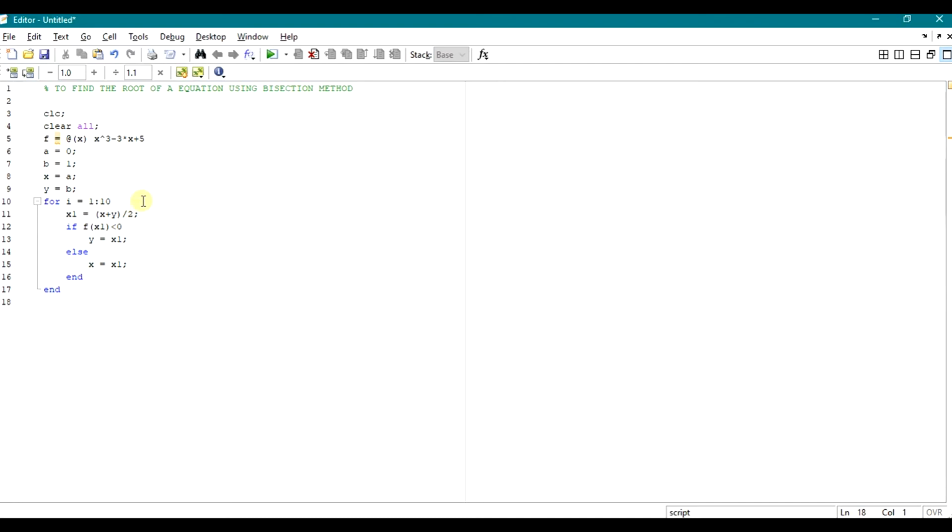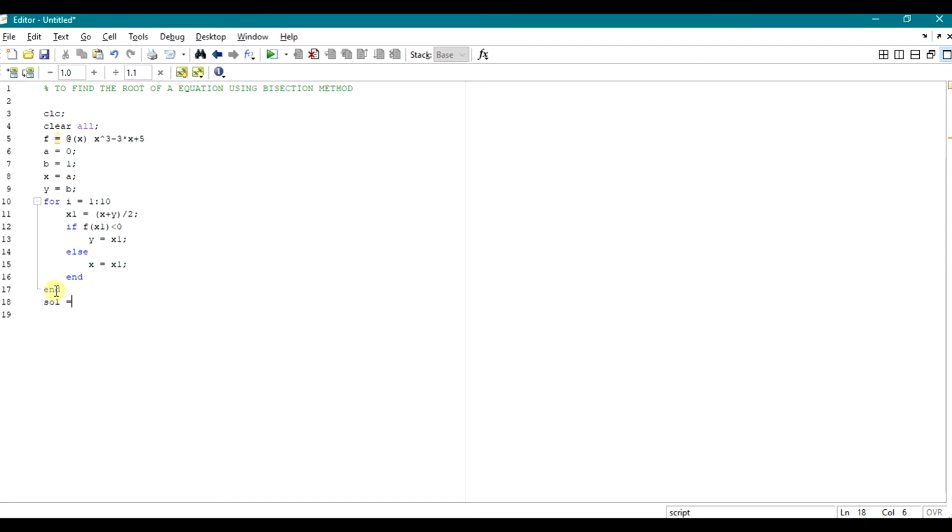We use two ends because the first end is for the if, and the second end closes the for loop. So this whole coding from for to this end ends in this end. Okay, enter.